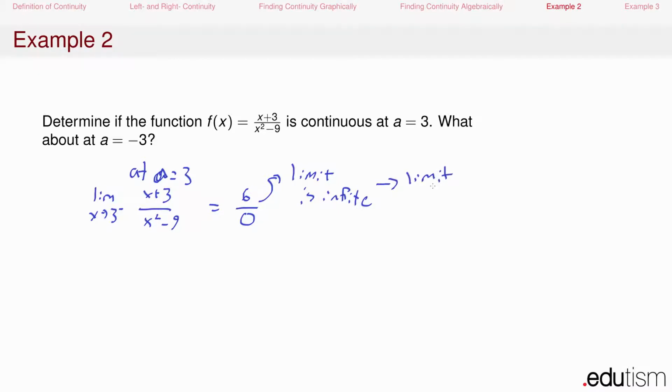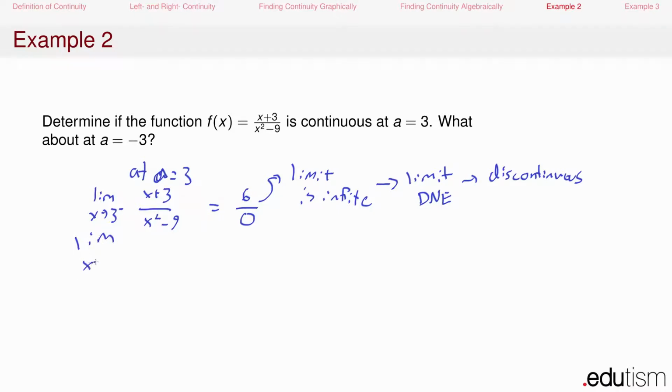Infinite limits are a special way in which limits fail to exist. Since the limit does not exist, it is going to be discontinuous. It is not going to be continuous. Anytime the limit fails to exist, it's automatically going to be discontinuous no matter what happens to the value of the function. Now if we want to talk about it at a equals negative 3,